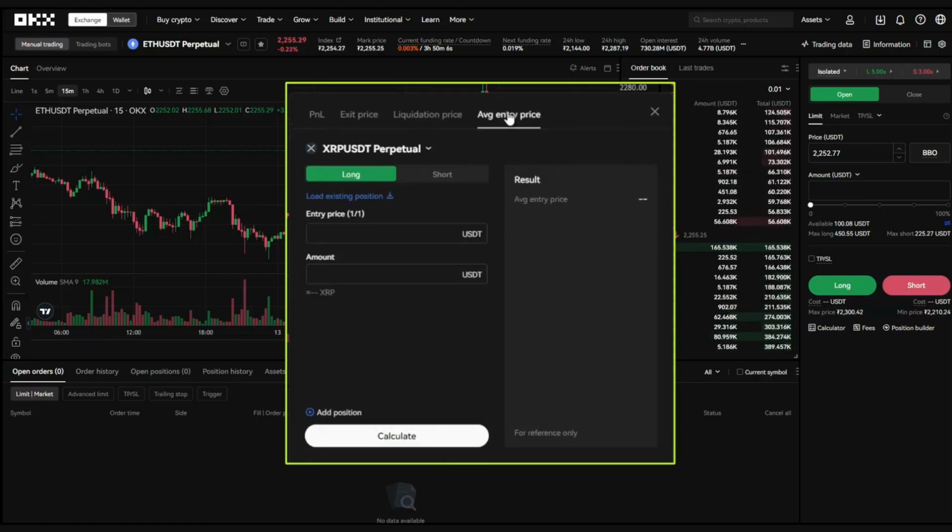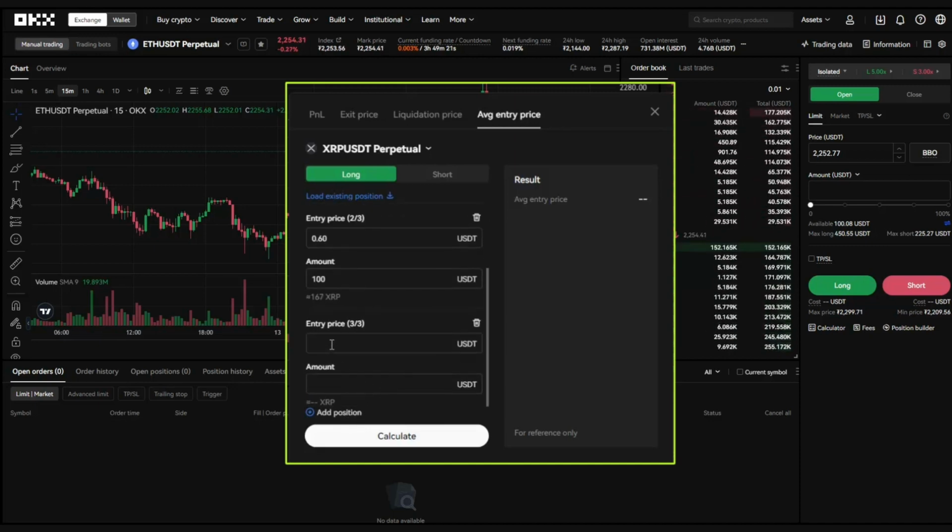And finally, you can place several positions and the entry price is averaged. Here you place the entry price. Here you enter the amount of dollars with which you want to open the trade. Down here you add another position. In this second position, you enter when XRP has fallen a little and you use the same amount of dollars. You add another position. In this third position, you enter when XRP has risen a little and you use the same amount of dollars. And it shows here that the average entry price is 61 cents.